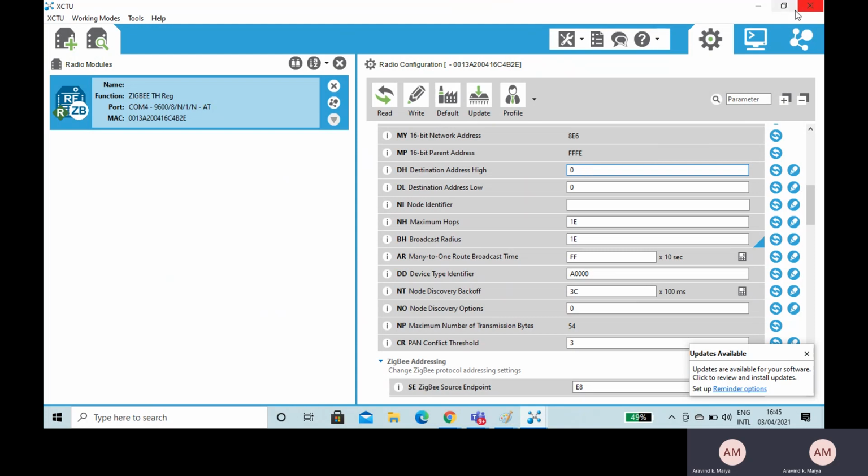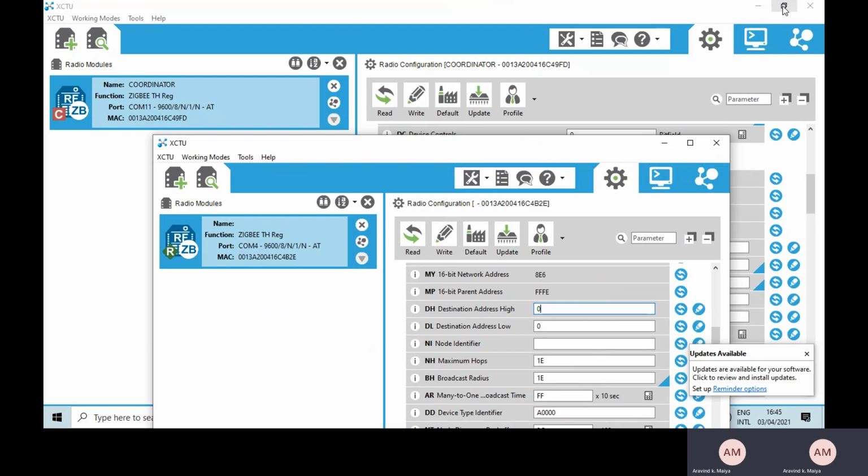Now let me show you. I have not connected any sensor or any actuator to my transmitter. In this experiment, I will show you a very basic communication between the serial monitor of the transmitter as well as the serial monitor of the receiver. That's all. So when I type some data in the serial monitor of the transmitter, the same information will go into the serial monitor of the receiver. You can see that.